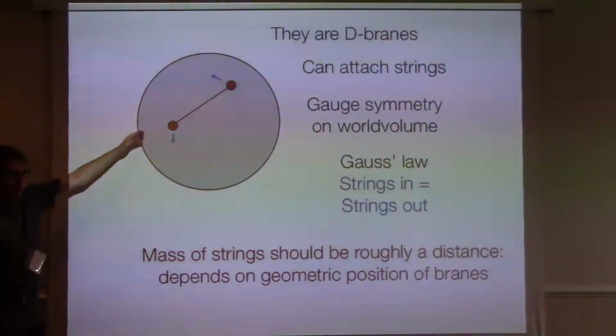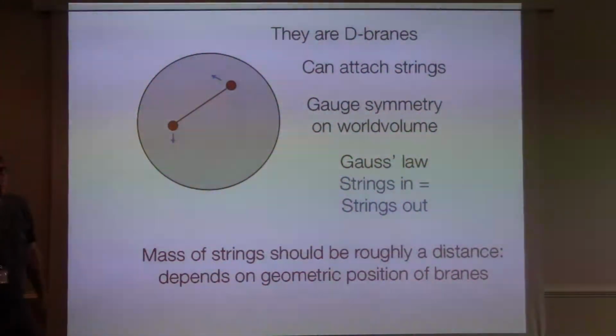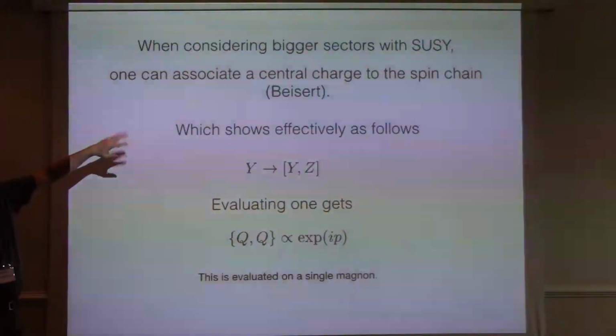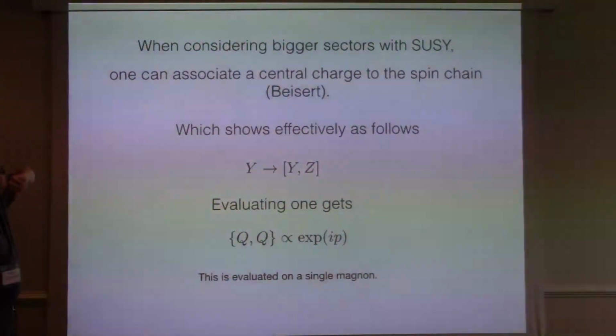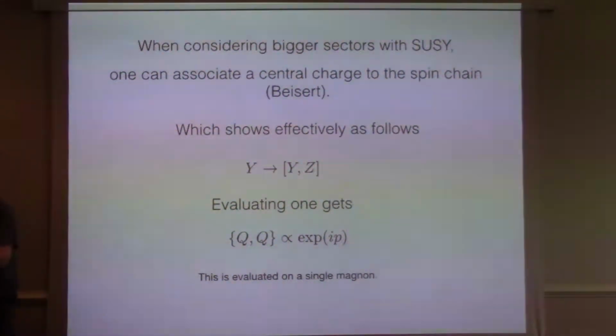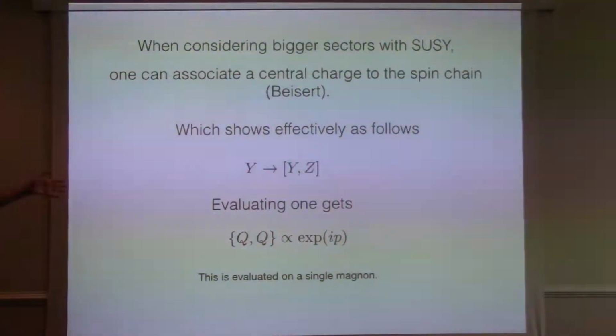So the idea is that there's a formula for this. I'm going to do a little detour now. I'm going to tell you what other ingredient is required to understand the mass formula. And that is that if you consider bigger sectors without supersymmetry, it turns out that on the spin chain, there's a central charge that appeared from the work of Beisert. And in the infinite chain, it can be understood as sending Y to Y commutator Z. So that doesn't change the length of the spin chain if the spin chain is infinite, but that relates the states, and then